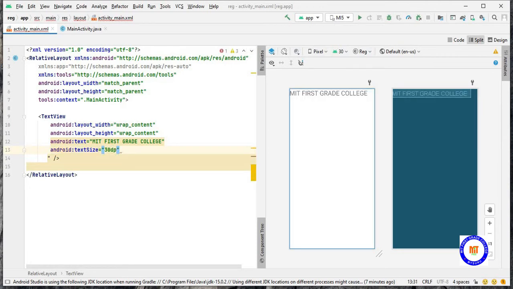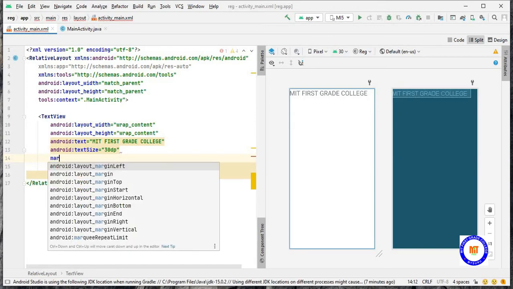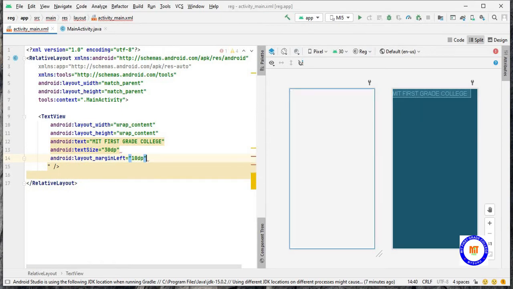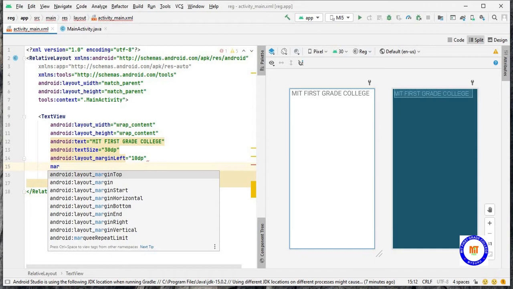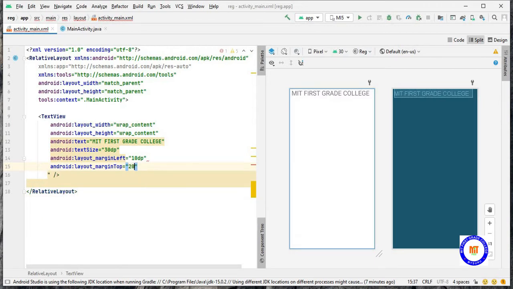So this is enough. From the margin left, I'll give 10 dp. And from the margin right, from the margin top, I'll give 20 dp. That's enough.